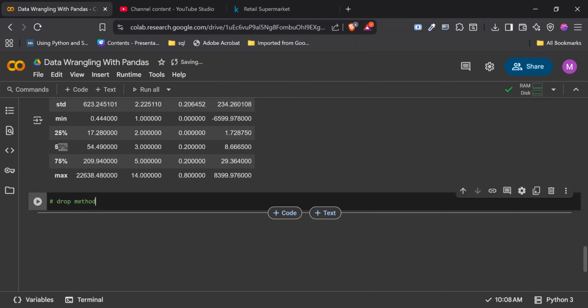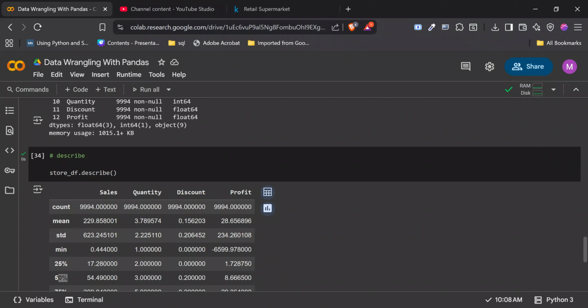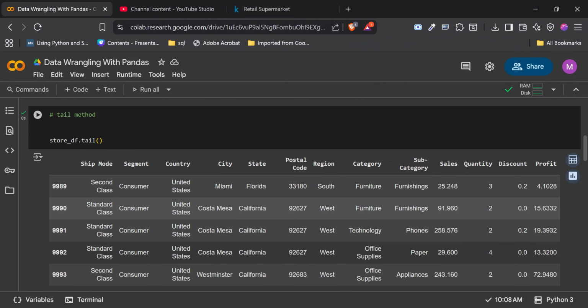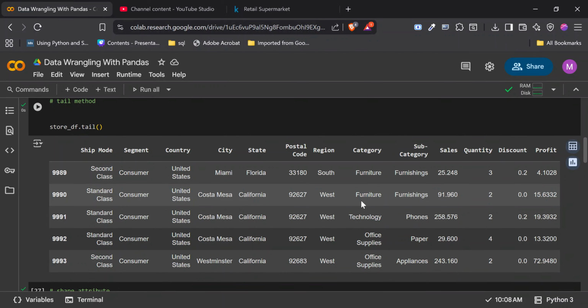So before we look at the drop method, so that we don't drop too many relevant columns, let's look at how to create new columns. Firstly, let's look at the kinds of columns that we can create. So let's create a column called